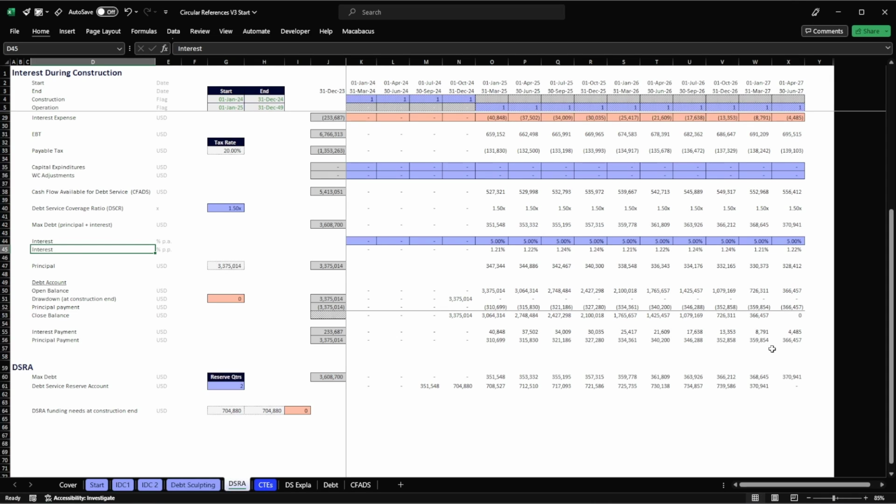We're building project finance structures that generate circular references. This is the fourth and last video of the series. In the first one, we learned how to build the IDC, or interest during construction. In the second video, we went through the debt sculpting. In the third video, we learned the part of the debt service reserve account that generates the circular reference. And today, we're going to tie everything together and build the macro and the structure that will solve all the